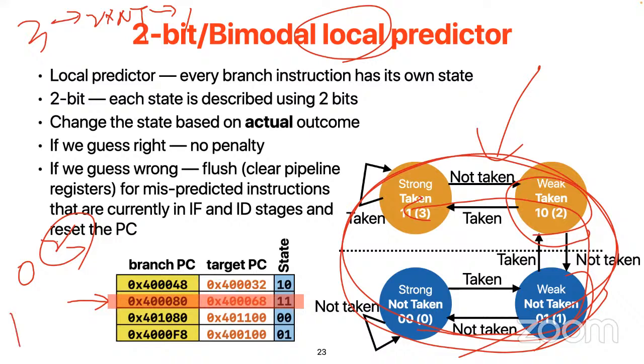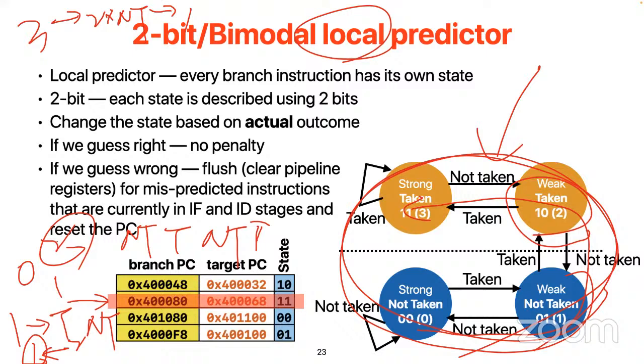And if I am currently sitting at 1, it's a little bit awkward, right? If I have 1 taken, then I will move to taken state. But at the same time, if I get a not taken, I will have to move back to 1, right? So if you have a pattern like not taken, taken, and if you are currently at the value of 1, it's probably the worst